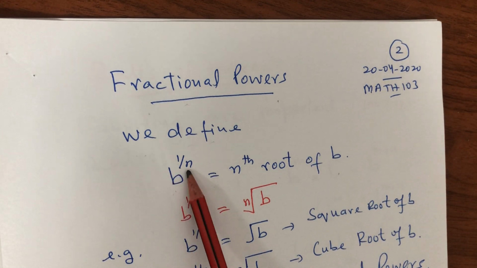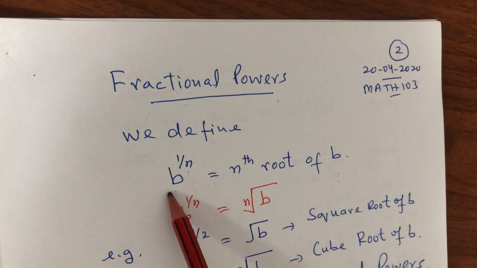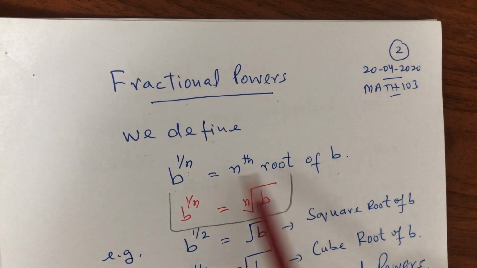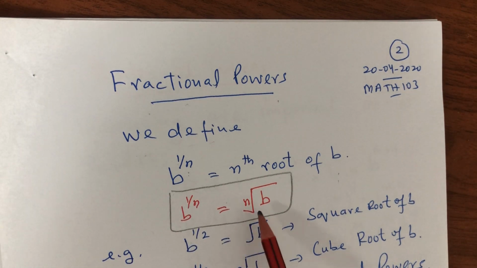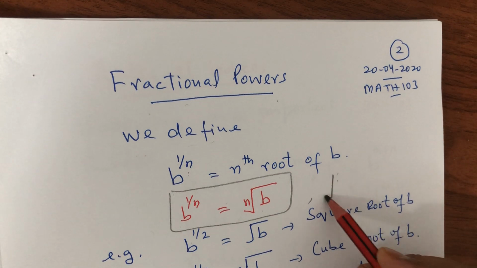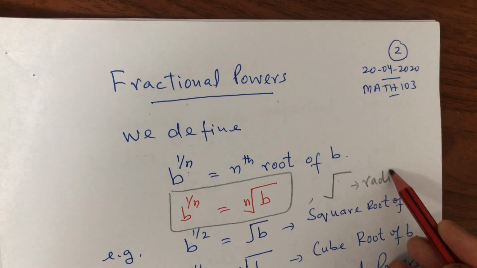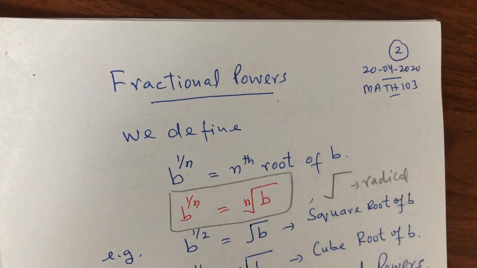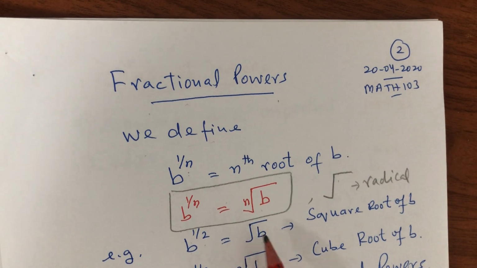B power 1 over n is called the nth root of b, and in mathematical notation we write b power 1 over n as the nth root of b. This sign is called the radical sign. For example, if we write b power 1 by 2, it means square root of b,